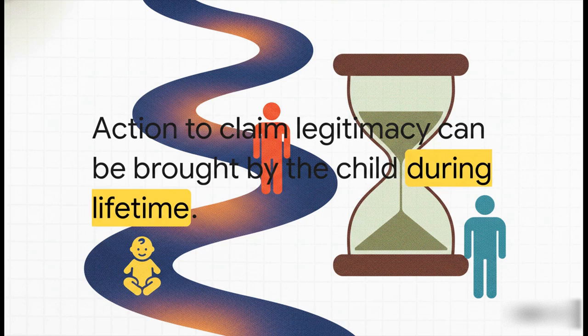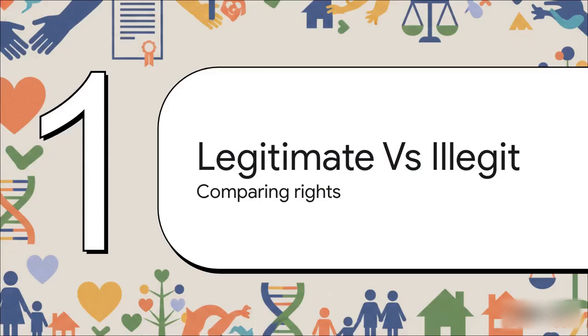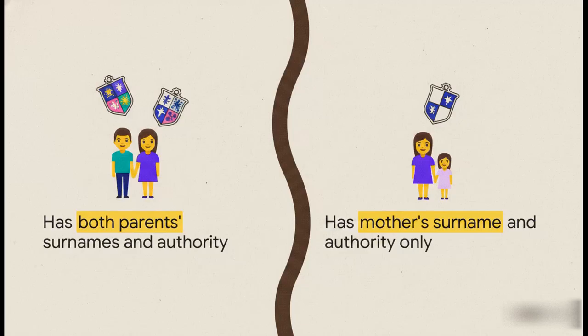Now here's a beautiful legal contrast. While the husband has extremely short timelines to impugn legitimacy, just that 1, 2, or 3 years, Articles 173 and 175 say the child can bring an action to claim legitimacy or illegitimacy during their entire lifetime. The Family Code overwhelmingly favors giving the child the time and opportunity to establish their true legal identity. Which brings us to Section 4. Legitimate versus illegitimate rights. This is the core comparison you absolutely have to memorize for succession and family relations.